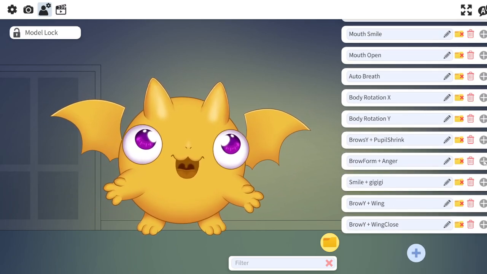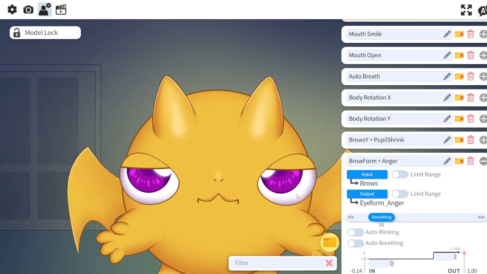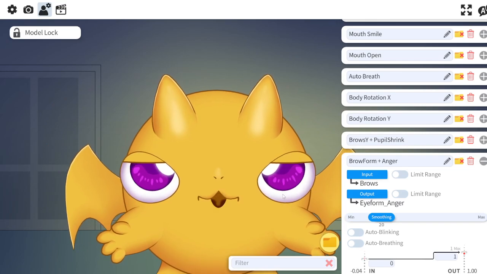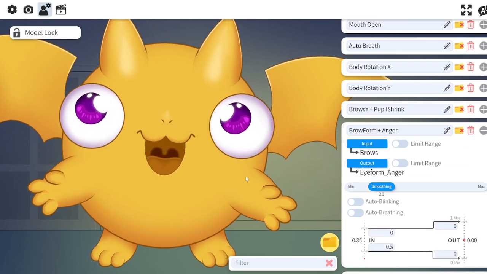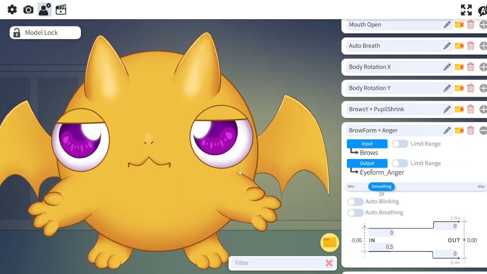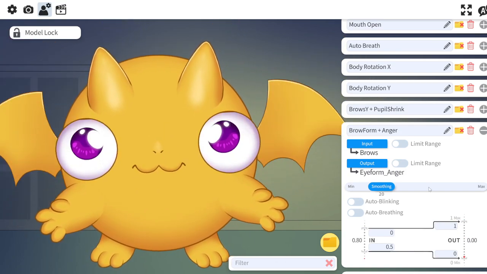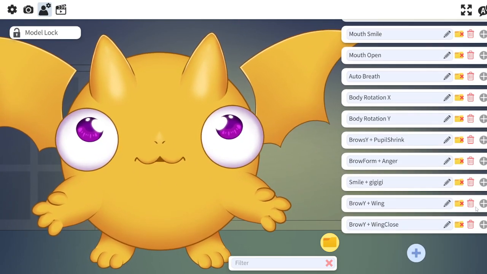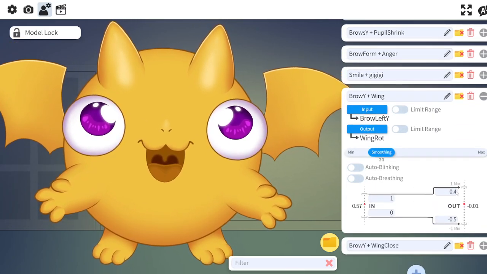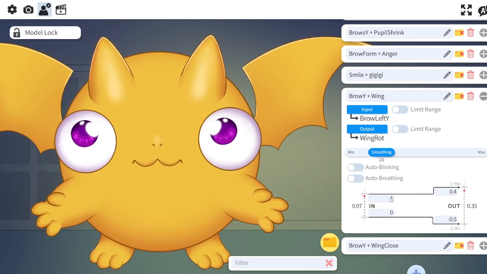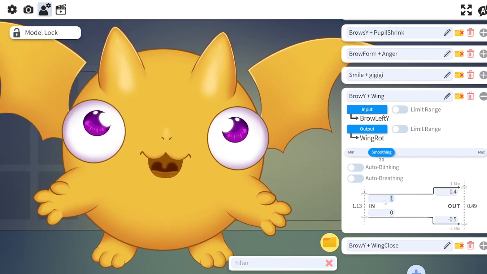Brow form anger. So that is when the eyebrows go down. It changes the shape of his actual eyeball. I can set this to 0, and now when I move my eyebrow, the shape of that won't change. I have a lot of things set to his eyebrow movement actually. So like the wing movement as well is set to eyebrow movement. Whereas if I were to set this to 0,